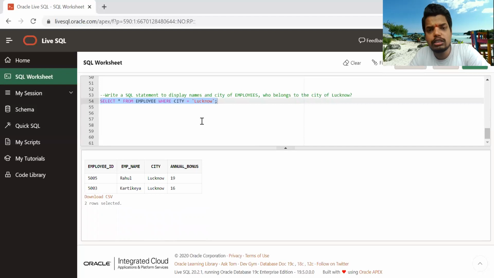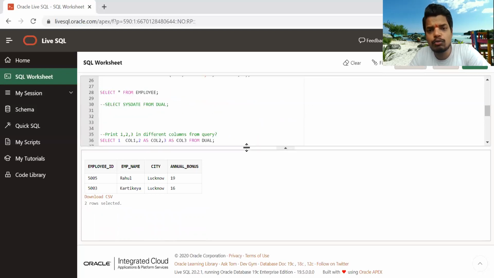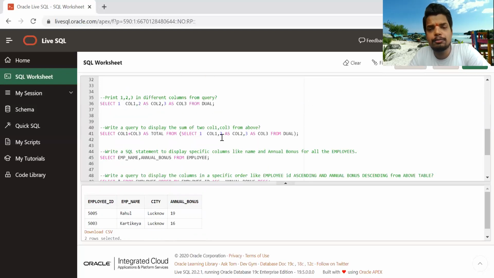Okay, so these were a few of the queries on how to filter out data, and some general print statements, how we can do a print statement with the help of the dual table. These are very conceptual and basic things which you should know for querying the SQL database and creating the table structure and the table database object.